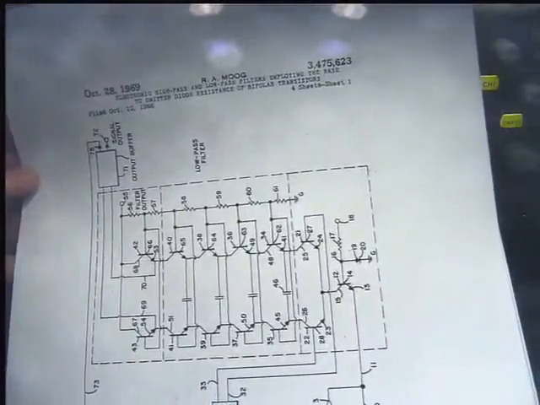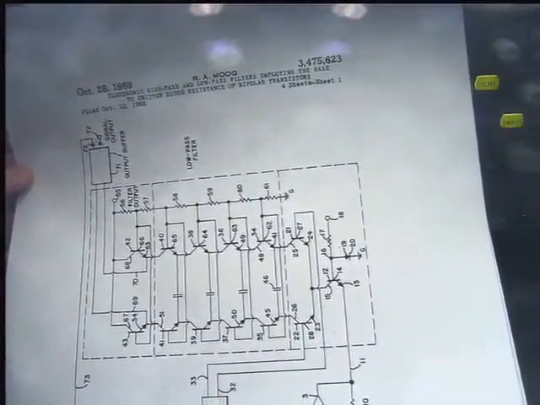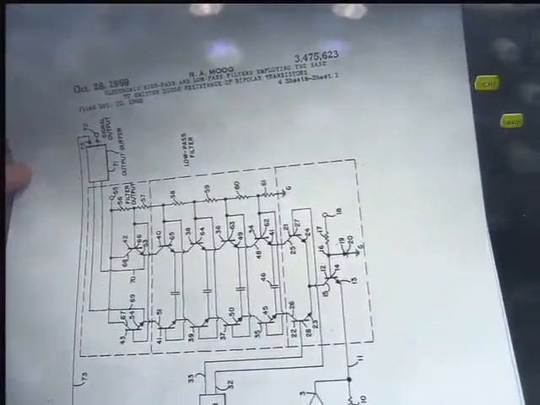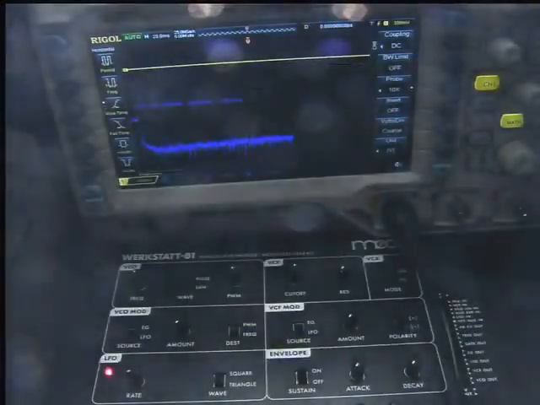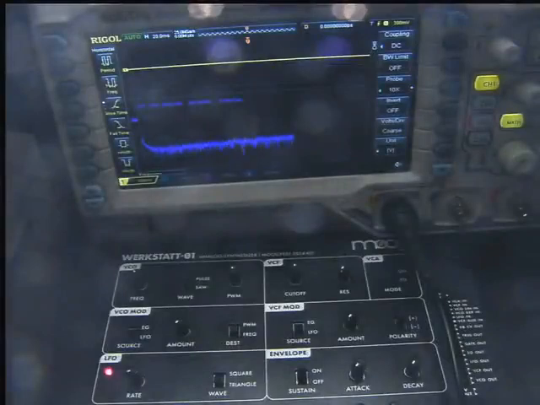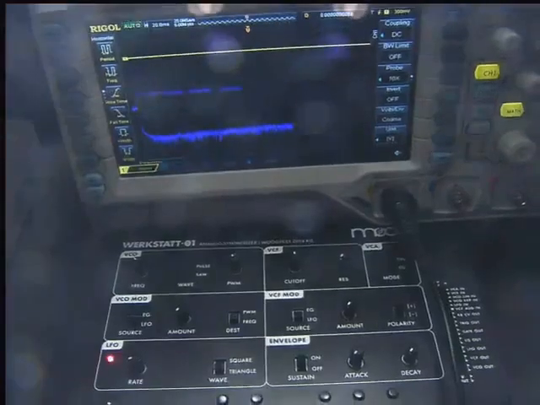So this circuit, which is on our Werkstatt now, is pretty much unchanged after 50 years. They've been using more or less the same intellectual property. But what that means is that this little machine, even though it's pretty new, actually has a pretty old school sound to it. And I think that's very neat. So that's all I wanted to say about the circuits. There'll be no more circuits after this, I promise. All right, back to the sound.